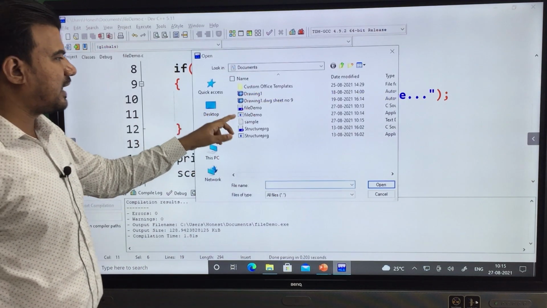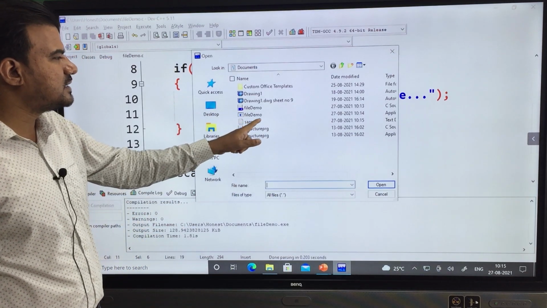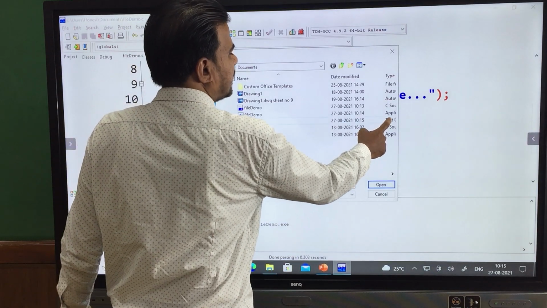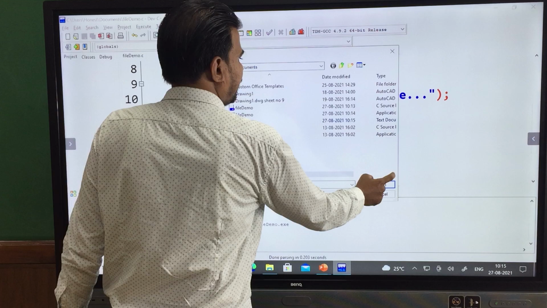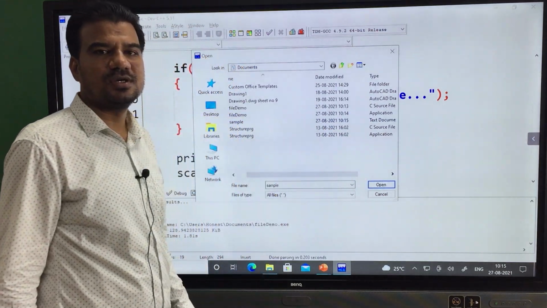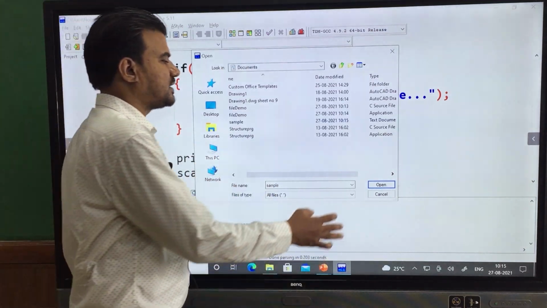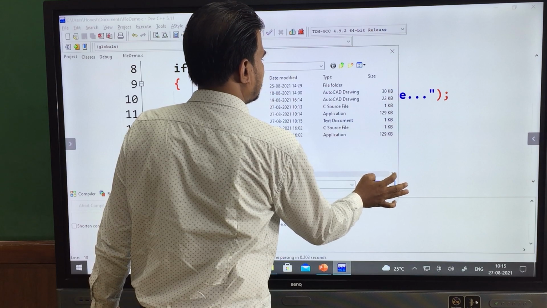See here, inside the current directory, it is showing me one file, sample, and it is of type text document. Its extension also you can check. Maybe it is not showing the extension over here.